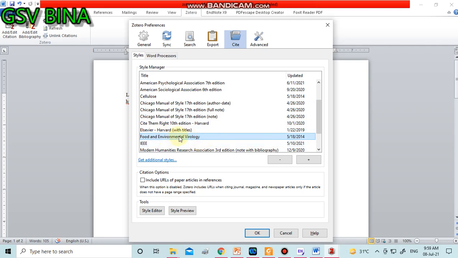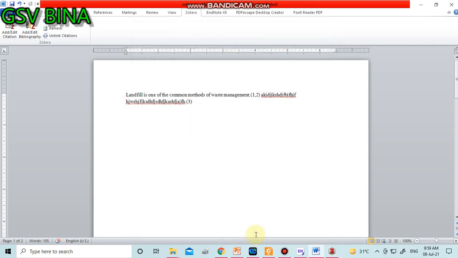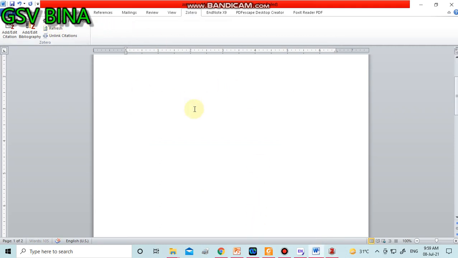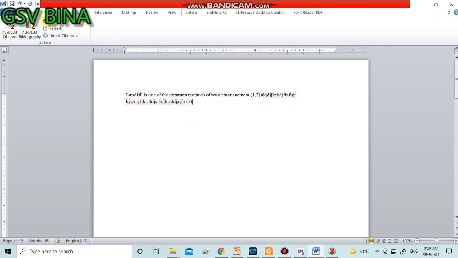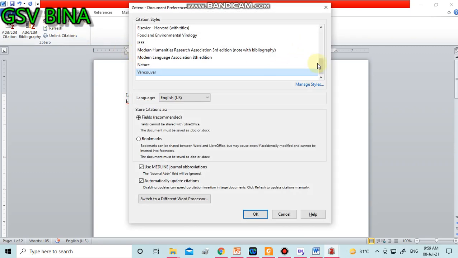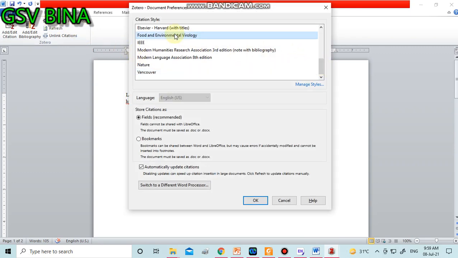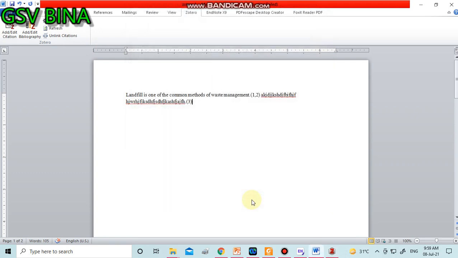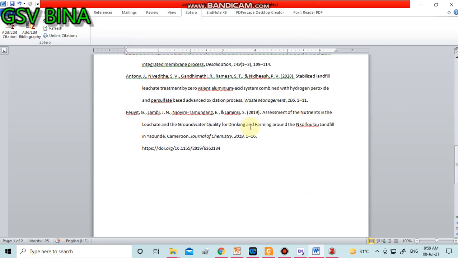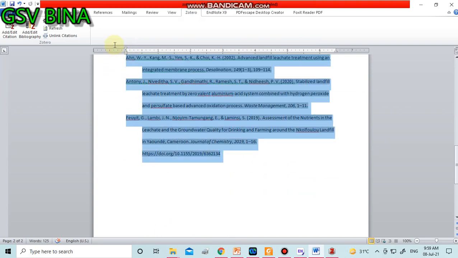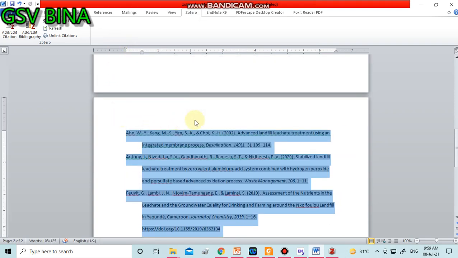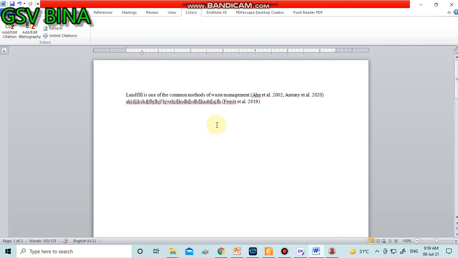You have to select it and then press OK, and then refresh. Then you select this one and press OK. So your reference is updated as per Food and Environmental Biology. So you can also make your reference as per the journal preference.